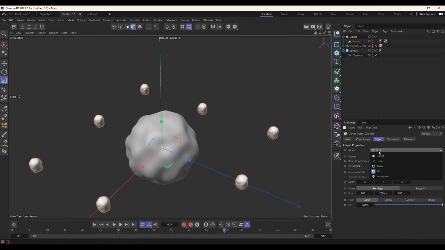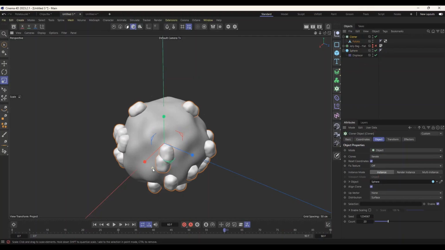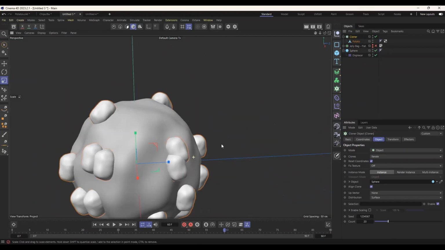We don't want grid. We are going to look for objects. So we'll click on objects and it seems to be missing. Now we have to tell the potato what it should be cloned on. And so in the attributes panel we have objects. We will have to carry or drop the earth inside it. So we'll click, hold and drag and drop it. Now we see it has been attached to